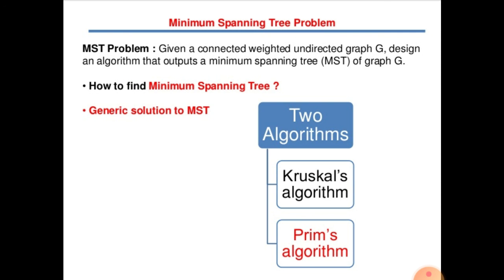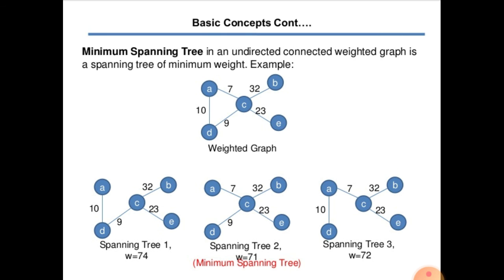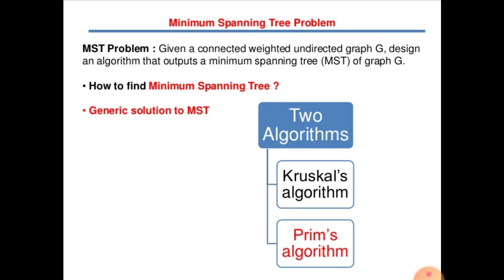There are different algorithms for finding it. The arbitrary algorithm I am using, you can say a blind algorithm, has no concept. I draw as many possible spanning trees as I can, get the total weightage, and find the minimum. That is the blind technique, but there are so many algorithms we can use to find the minimum spanning tree. One is Kruskal, another is Prim's algorithm. That is very important for you.